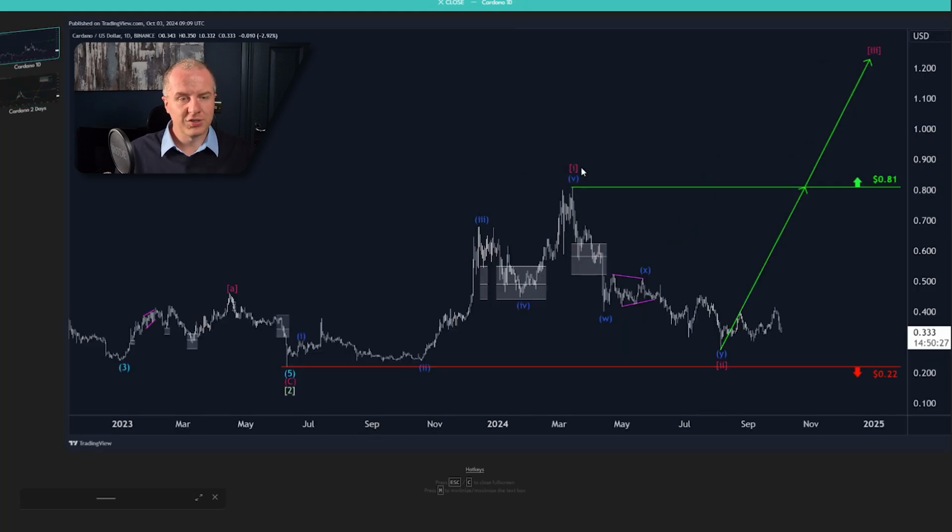So let's take a look at the shorter time frame. Here, on this smaller time frame chart, you can see that there is a red line. This key level at 22 cents is a formal invalidation point for the scenario and the idea that this is a 1-2 setup and that this larger degree wave 2 bottomed in June last year at around 22 cents. So the current idea is that magenta 1 topped in March at around 81 cents, 82 cents. Price range there can always differ a little bit depending on which exchange you're looking at, whether you're looking at the futures charts or the spot charts.